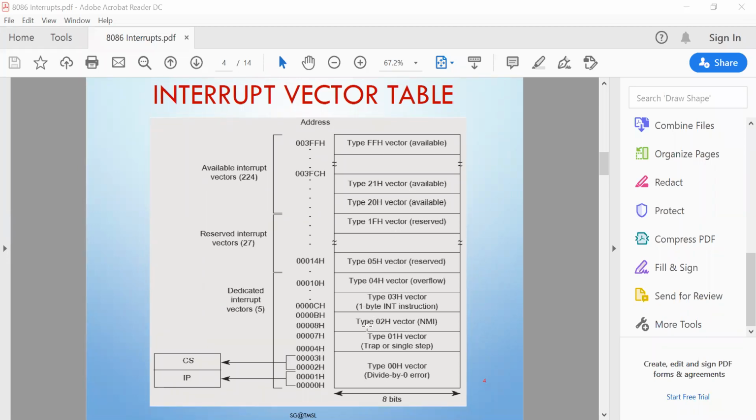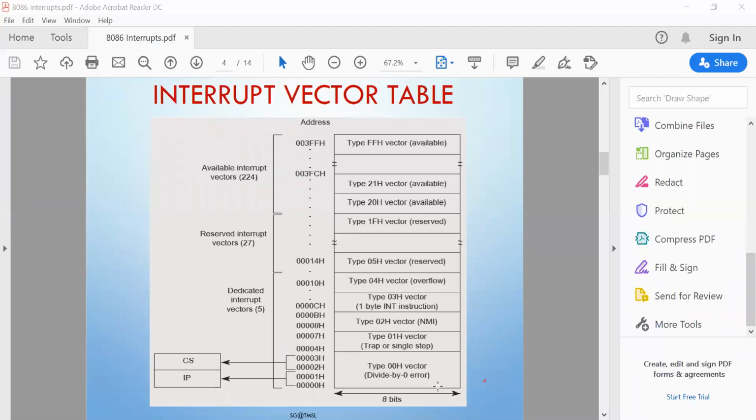Now, if these interrupts are used, no predefined ISR is written. So every ISR is to be controlled by the user. How you specify your logic, or what type of operation can be performed based on your interrupt signals, that depends on you, and you can write your ISR according to your requirement.